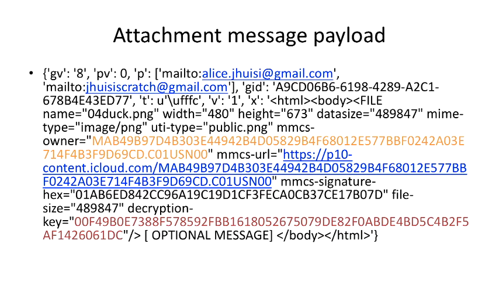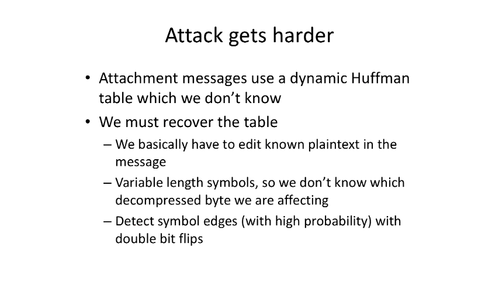And so yeah, this is nice. This is the attachment message. It's a little big, it's a little complicated, but you can see that there's a key in there that we probably want to read out. This is what the message is encrypted under, so if we can read this out of the message, we can decrypt the attachment. There's also the URL that points to where you're downloading it. Unfortunately, this message is a little big, and so the attack gets a lot harder, because